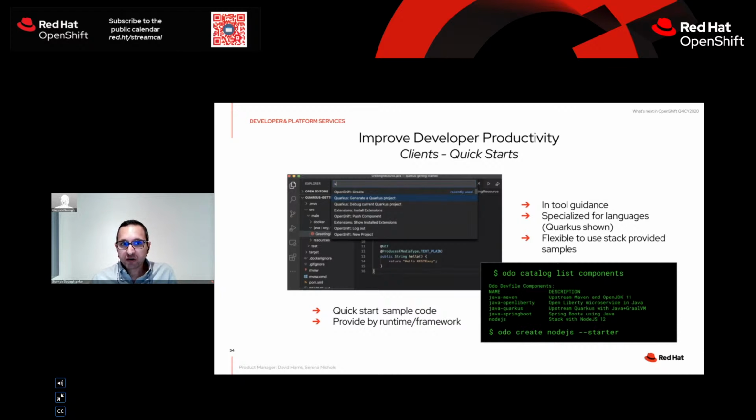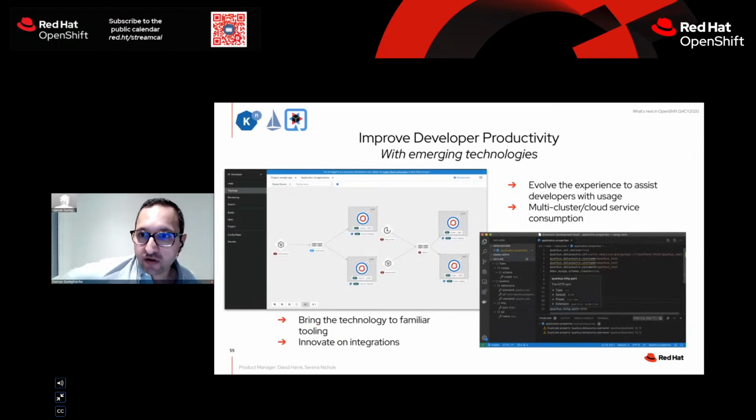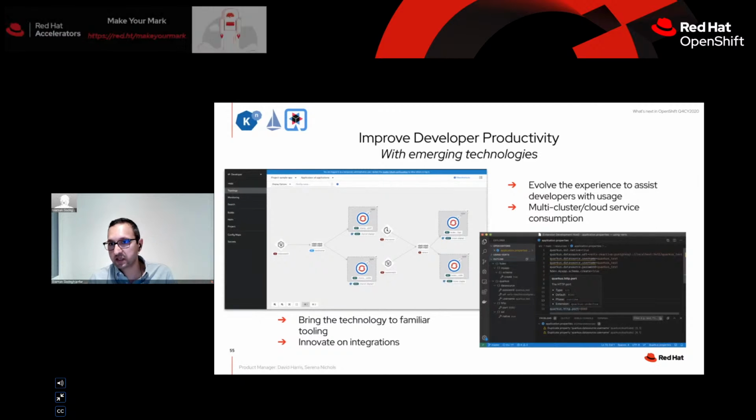And in general, our approach throughout next year is to bring more and more emerging technologies and fold them into the existing developer experience that we have in console. So developers can easily get overwhelmed with the variety of technologies that we have available in OpenShift, like serverless and Istio, and Tekton and Argo CD, and on and on. The key to that is to make sure that this experience is really smooth and well integrated into the existing experience that exists around OpenShift, and that's the focus that we have for next year,